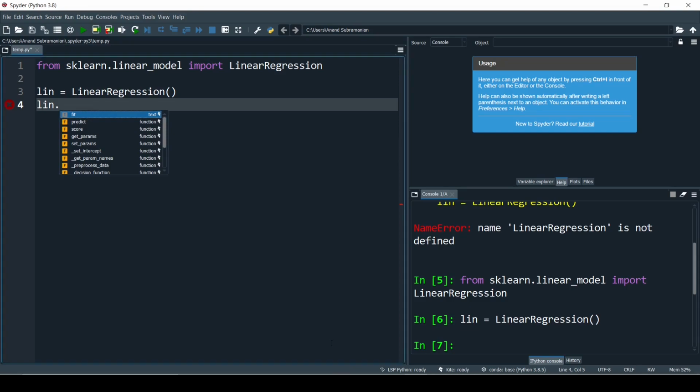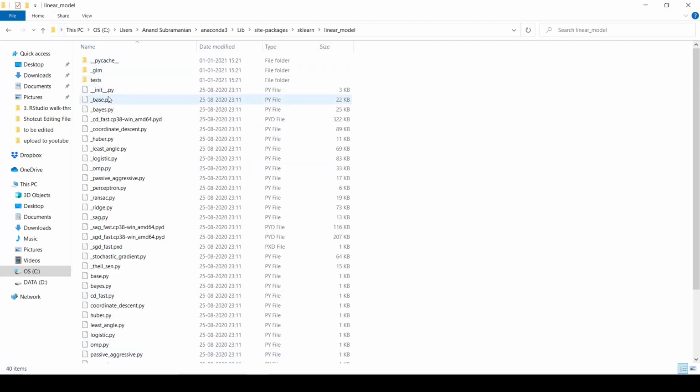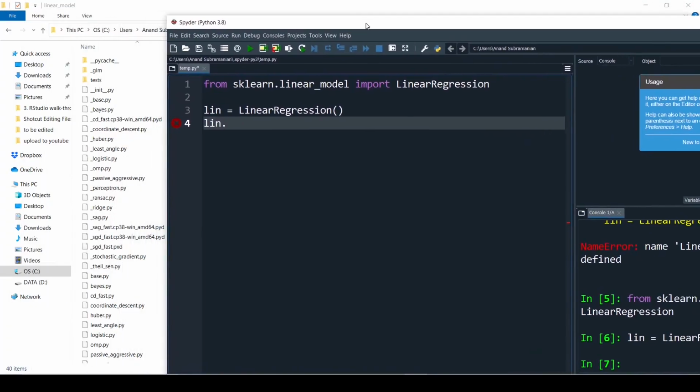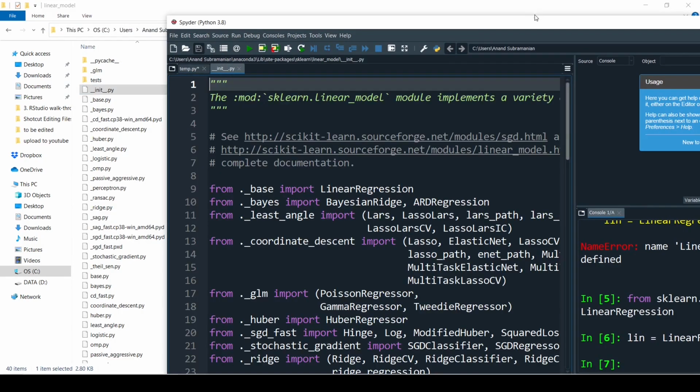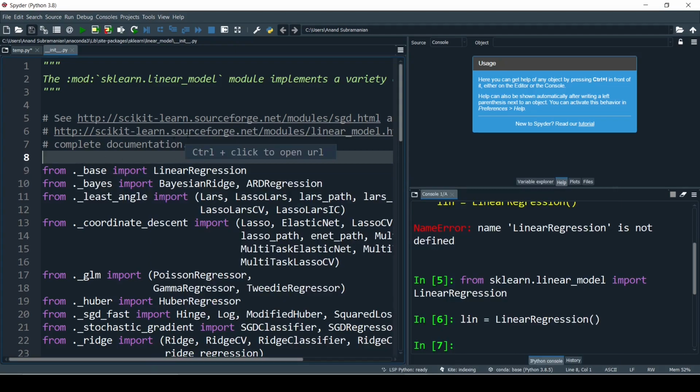Now if we go back to that particular package, let me go to that linear model. So where can we see all these functions? If I open this particular init file, let me drag this into my Spyder IDE. There you are. Here you can see this LinearRegression right over here, and LinearRegression is coming from underscore base. So let's go to that now.